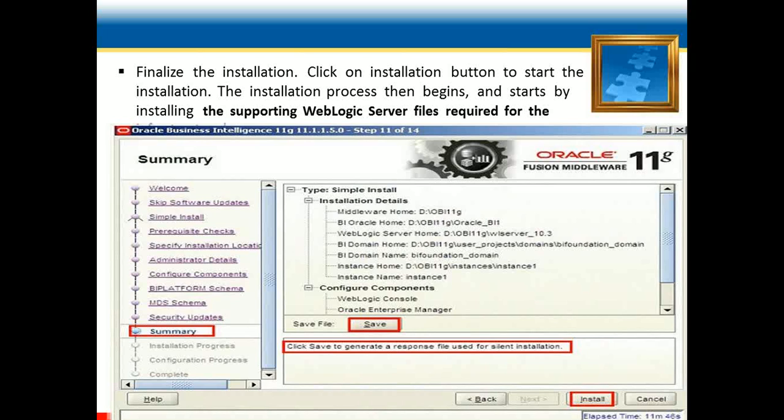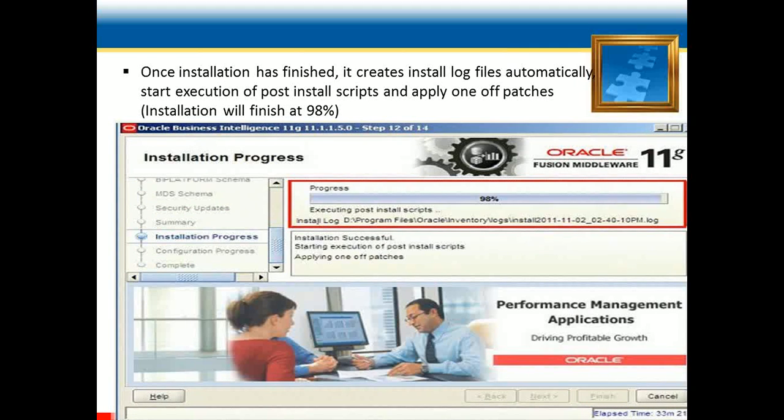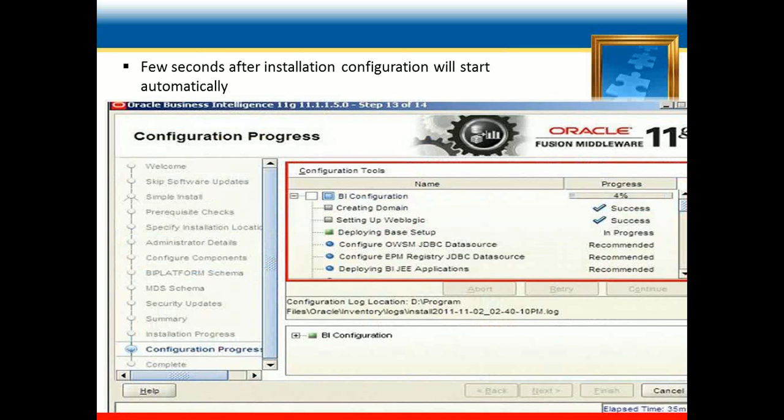So we just have to save this file under our directory, and we can see it's a response file for our installation details. Just hit the install button, and in the next screen we can see the installation progress, and in the next screen we can check